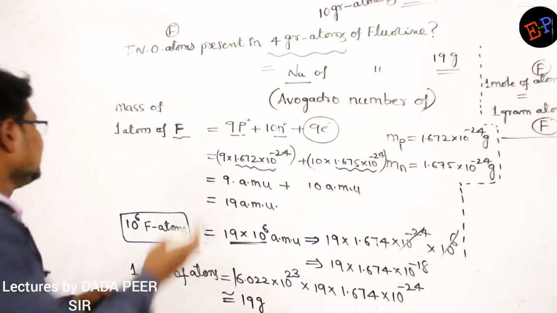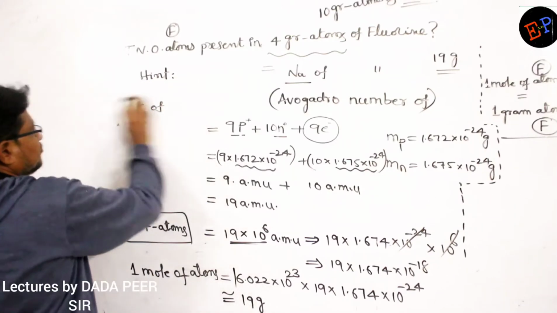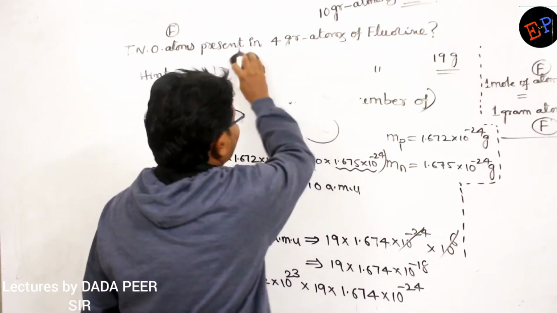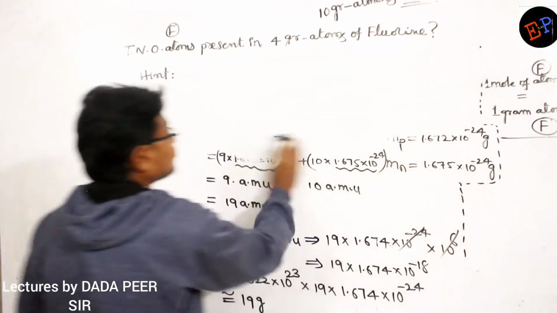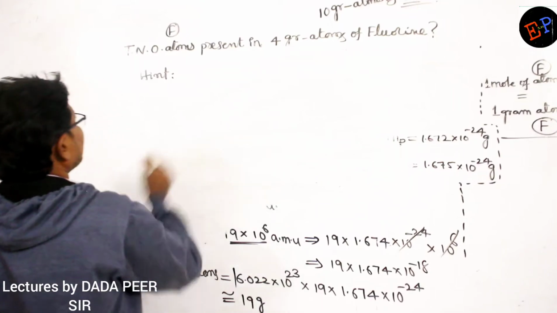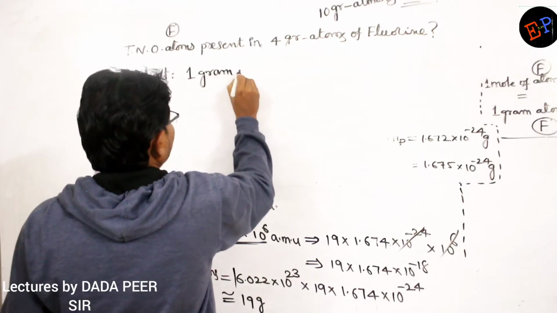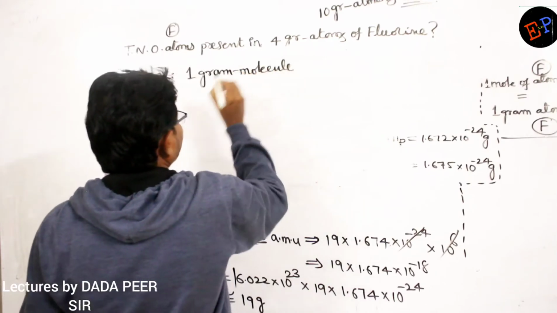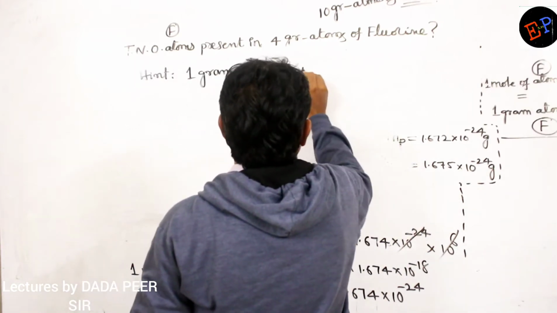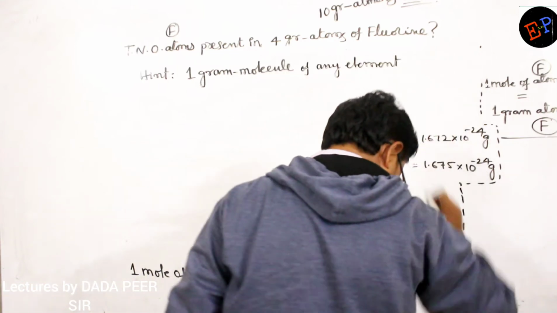Hint is: 1 gram molecule of any element, put a small hyphen here, is equal to